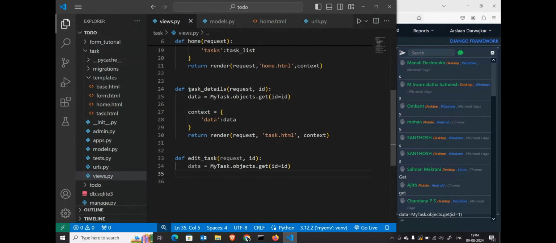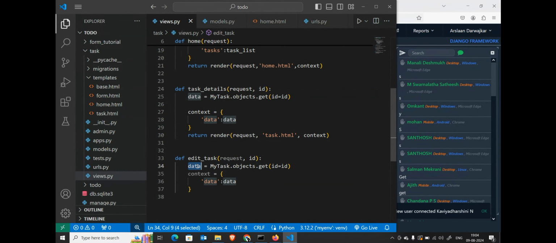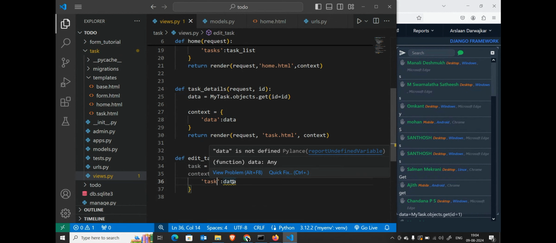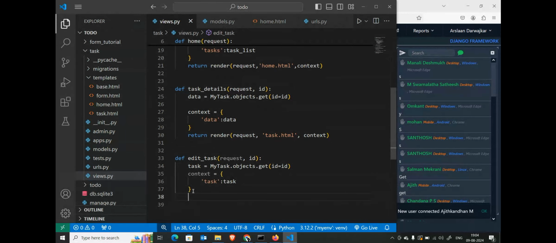I hope you guys already know about task details, how to fetch task details and all. Fetching one singular or individual piece of data, you can call it. Here the process is also similar. I will create one context, I will call it data colon data, or we will just call it task equal to. One task we are getting, right? Task equal to task, and then I will say return render